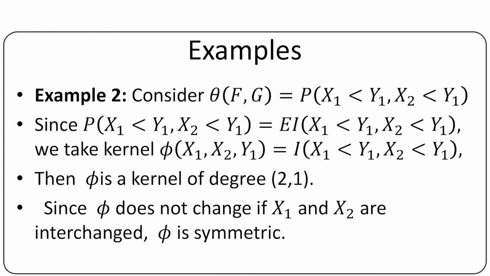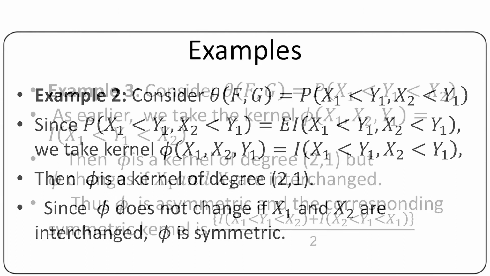The variance of U can be written as a summation over c and d, with c plus d greater than or equal to 1, of a choose c times n minus a choose a minus c divided by n choose a, times b choose d times m minus b choose b minus d divided by m choose b, into the covariance term sigma squared cd. We refer the readers to the books for this variance derivation. Let us concentrate on finding the variance in an example. The objective is to estimate theta equal to the expectation of Y minus the expectation of X. Naturally the kernel is Y1 minus X1, which is symmetric, and the corresponding U statistic is Y bar minus X bar, the difference of sample means, of degree (1, 1). We have sigma squared 0,1 and sigma squared 1,0 for the calculation of variance.